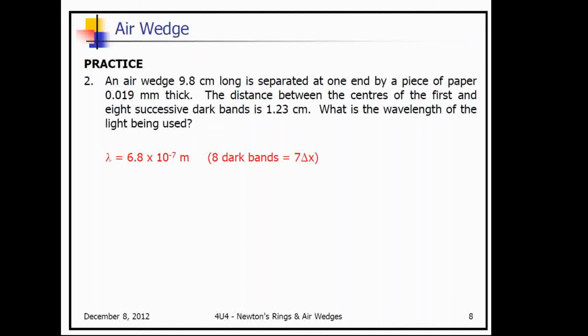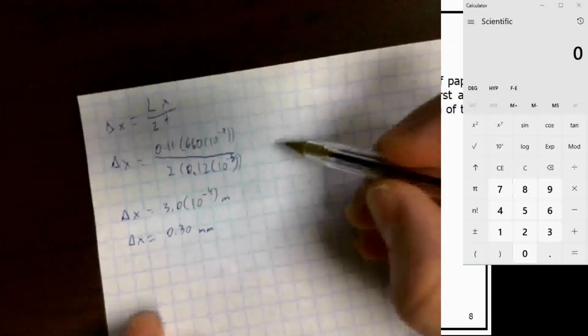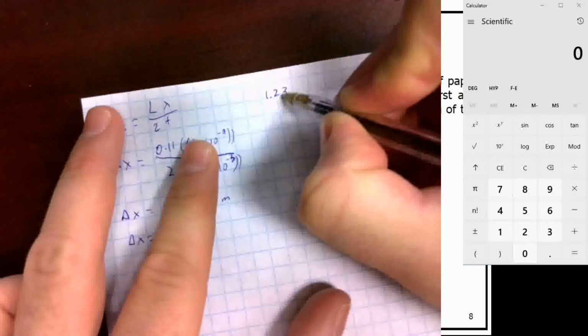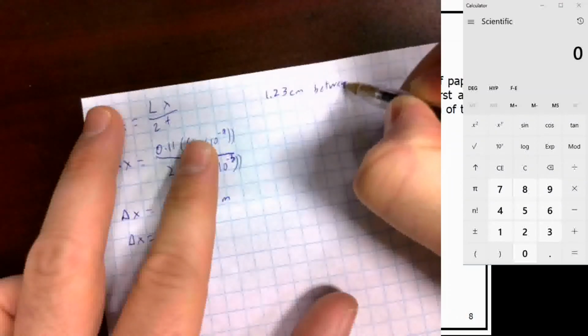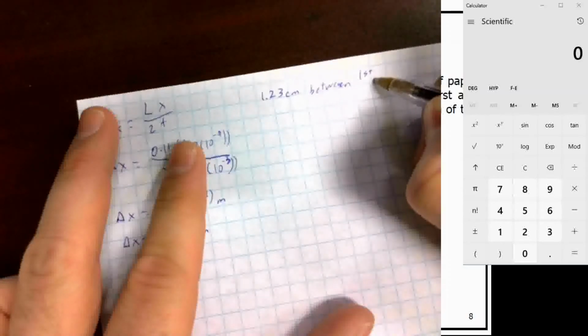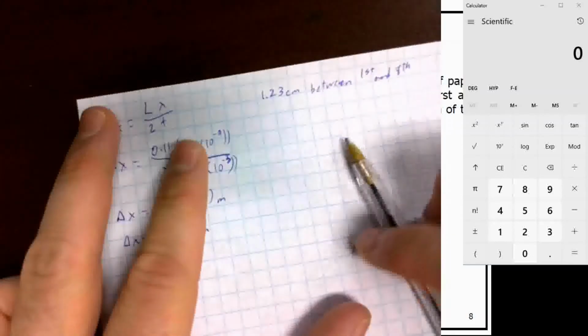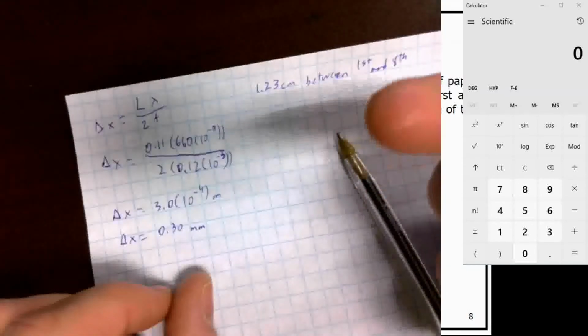This will give us the delta x, and you kind of see that that's shown there, but I will show you how to do this on the paper here. So the information that we're given is that it is 1.23 centimeters between the first and eighth dark bands. So between the first and the eighth, we will end up having 7 delta x's, because